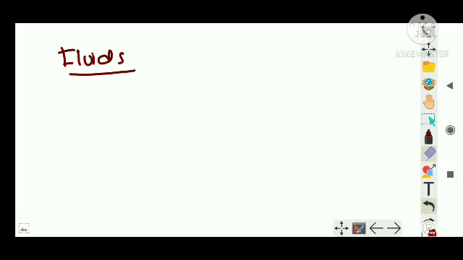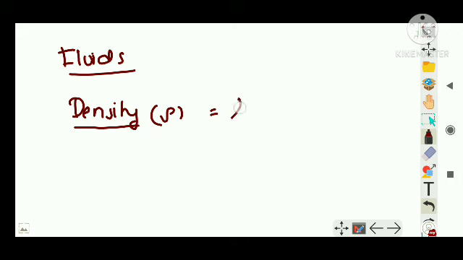Viscosity, again I'm telling you, is something which I will take up later on. Okay, now the next term which you have learned throughout your life is density. What do you mean by density of fluids? Rho. If you want a definition, it is actually